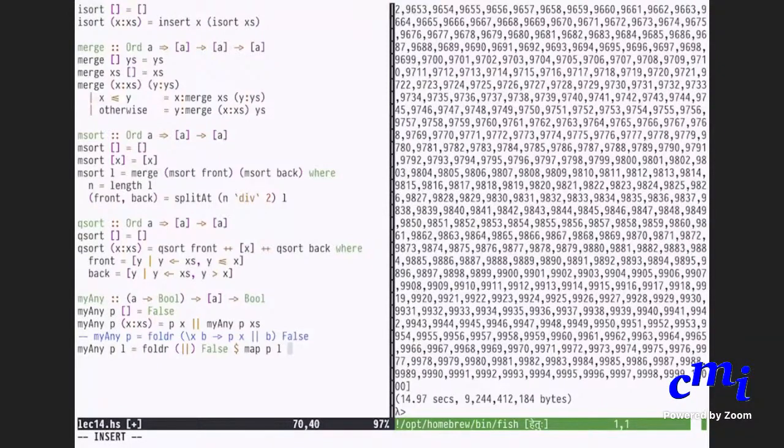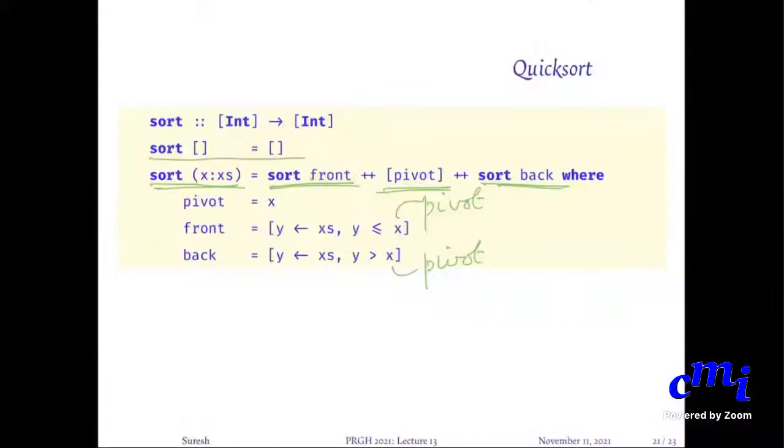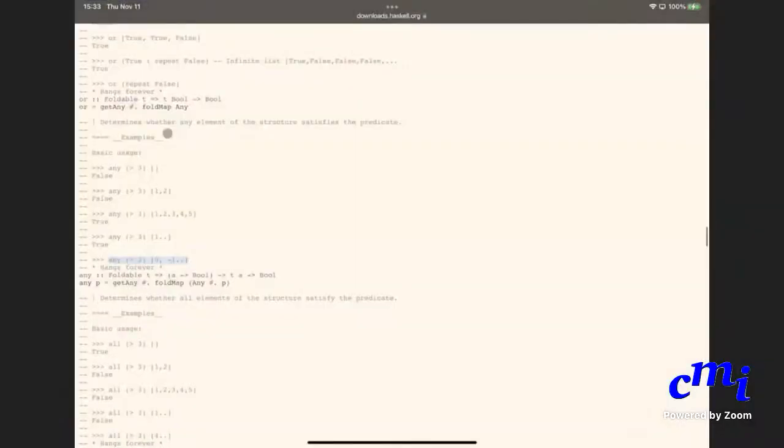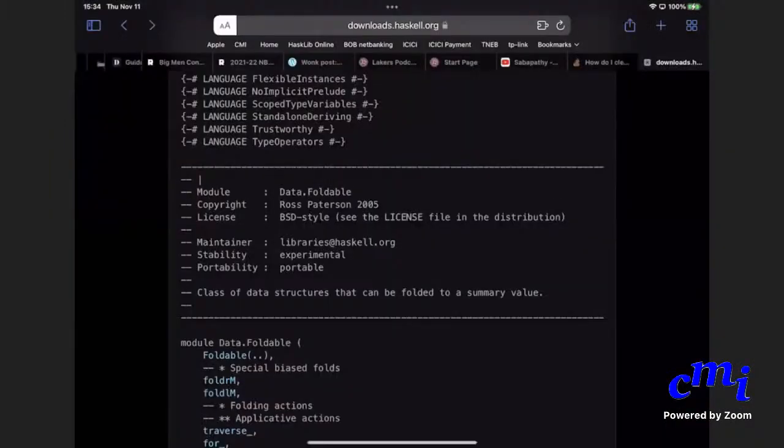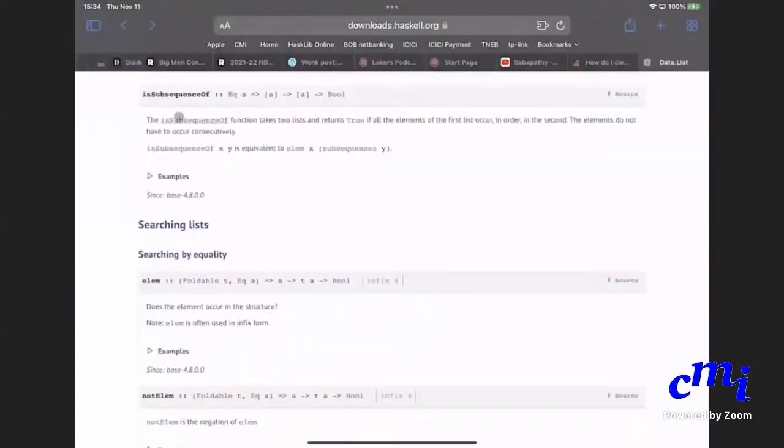Is this clear? Great. So you can explore all these kinds of things yourself. And then you can always go here, then click on source. In fact, a very good exercise for you would be to go to Data.List and look at many functions and then look at the code to see what is happening. Sometimes it will be too abstract and hard to understand, but there are many functions that will be very relatable.